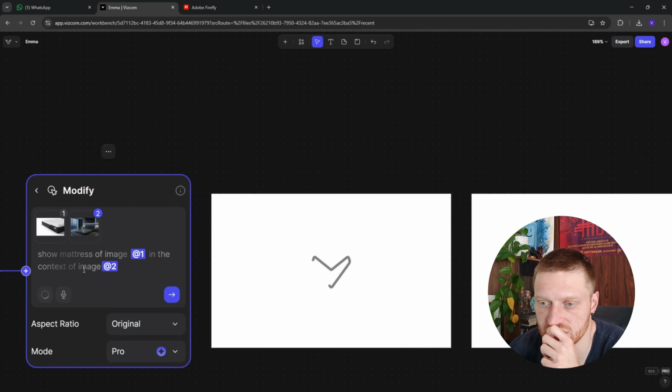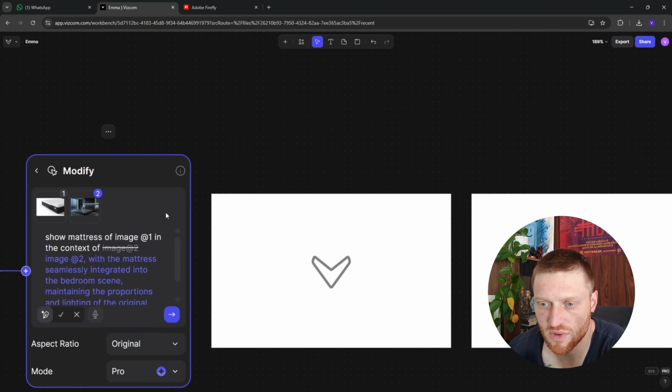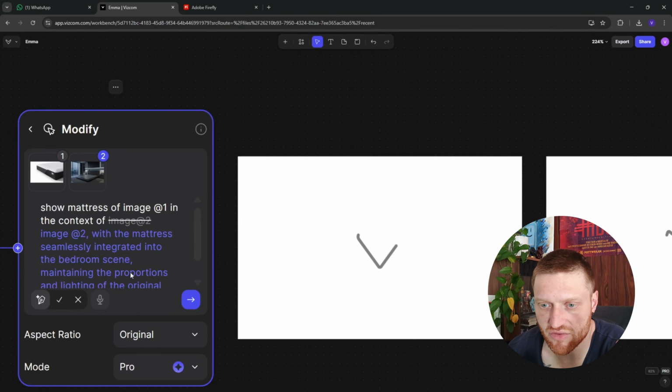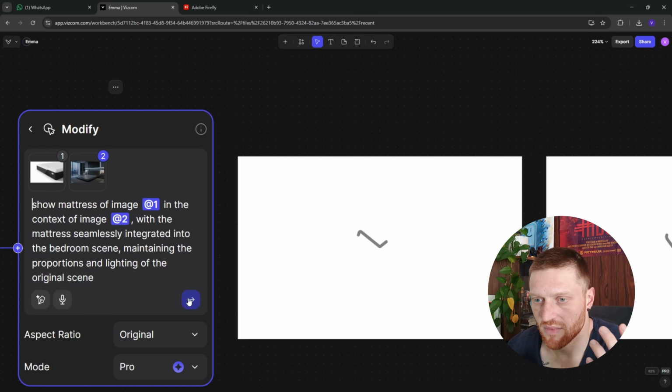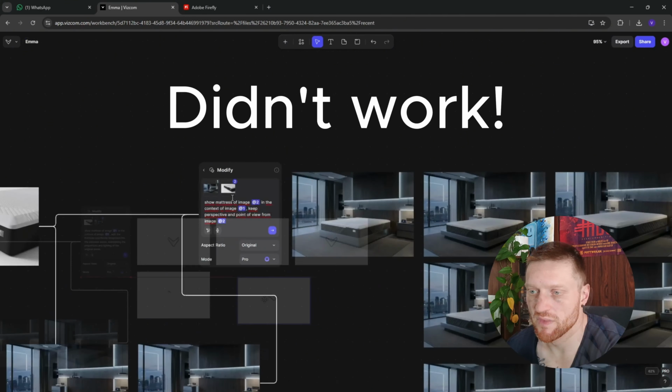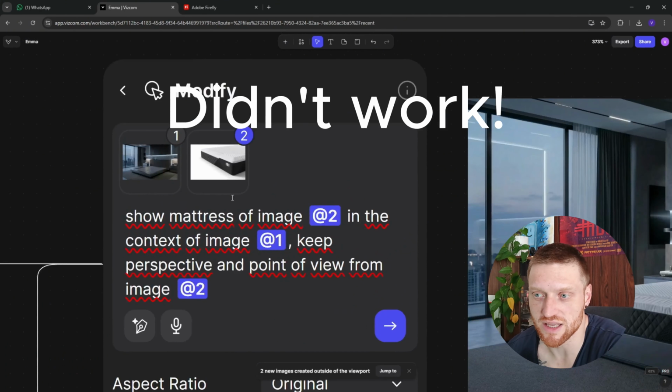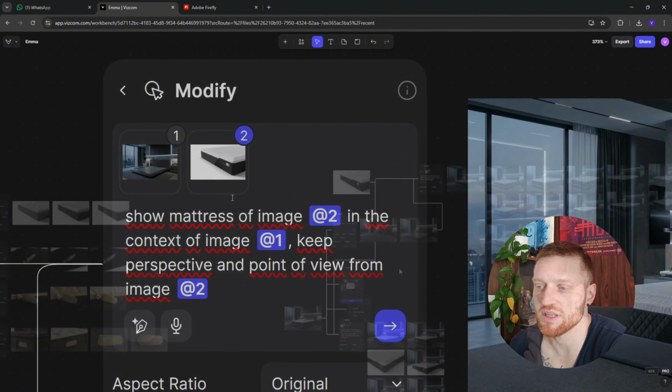And we can also ask to improve our prompt with the mattress seamlessly integrated into the bedroom scene, maintaining the proportions and lighting of the original. Yes. So let's try that one too. So I haven't cracked the code yet how to communicate clearly which is supposed to be the final output image, right? Okay, what if we have